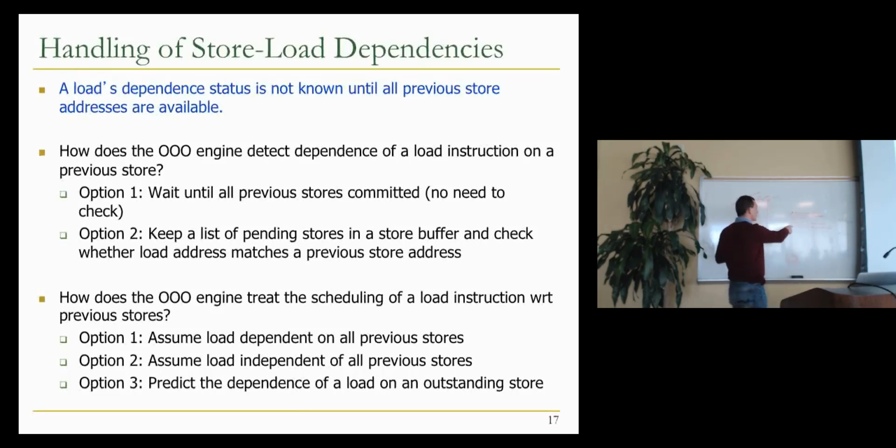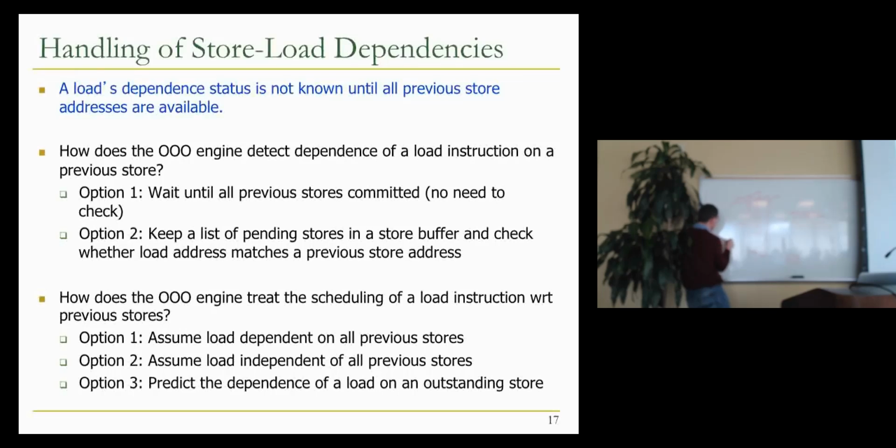Actually, this is more complex, because you need to supply the address of the load, and you need to compare this address to the addresses of the stores that are previous to this load. You don't want to compare it to the stores that are later than this load. So basically, it's an age-based search. Age meaning instruction order-based search,